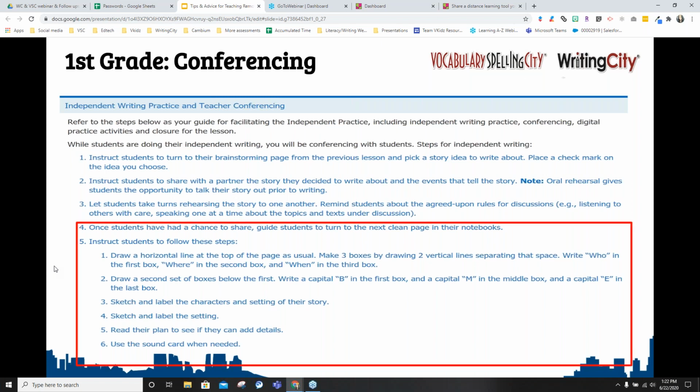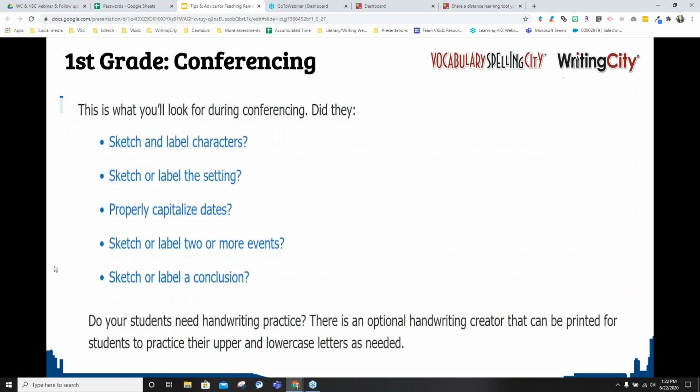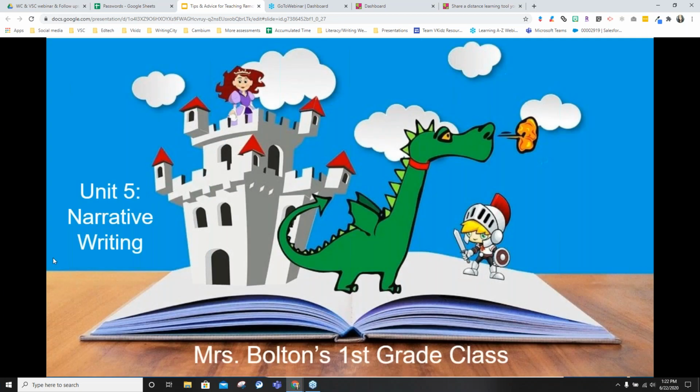So those are my look-fors right there. I'm going to share a slide deck with my students. These are the things I'm specifically looking for: sketching, labels, character, setting. Okay, so I'm going to share this slide deck with my students. It says Unit 5, Narrative Writing, and it's my class. So then what I'll have each student do,